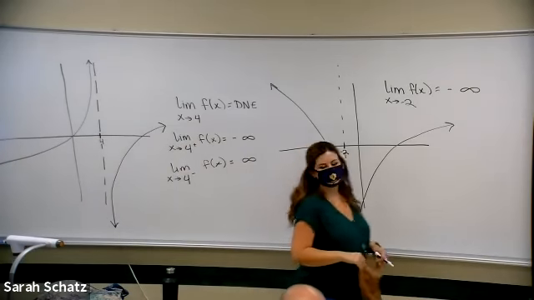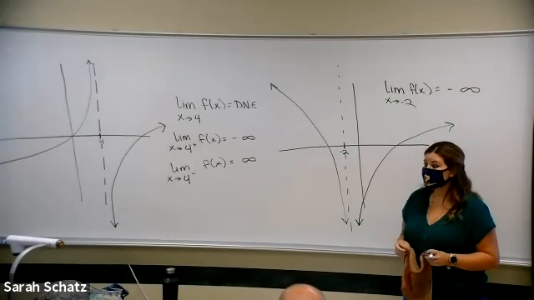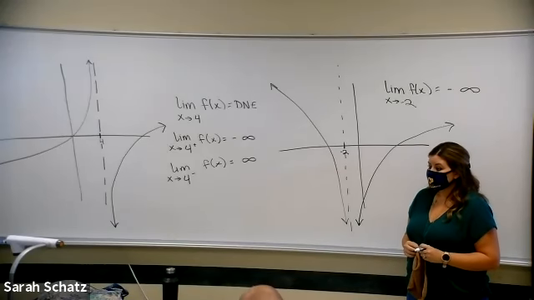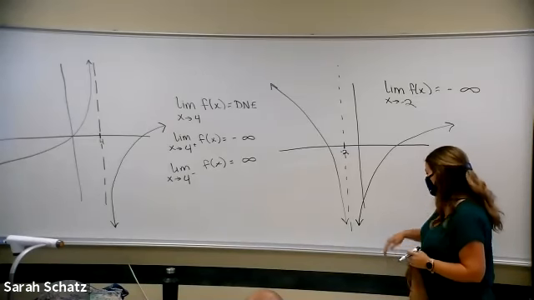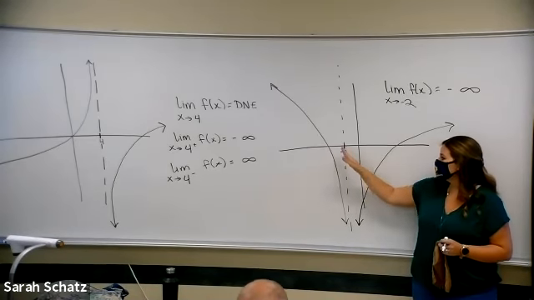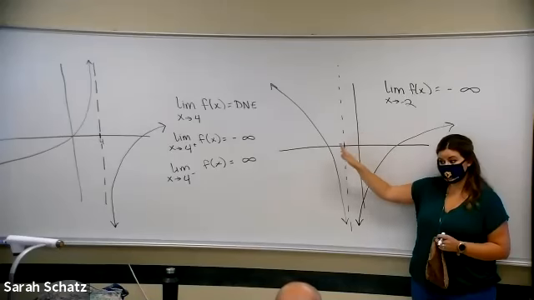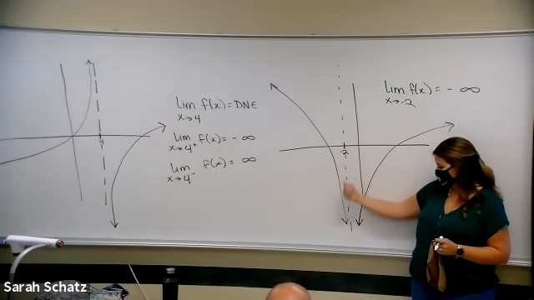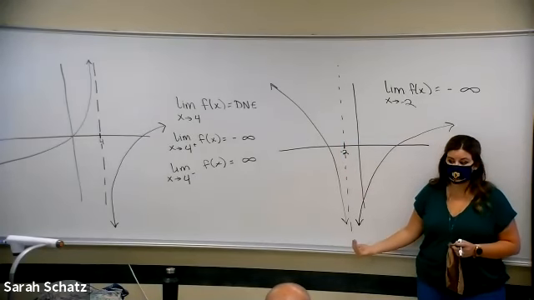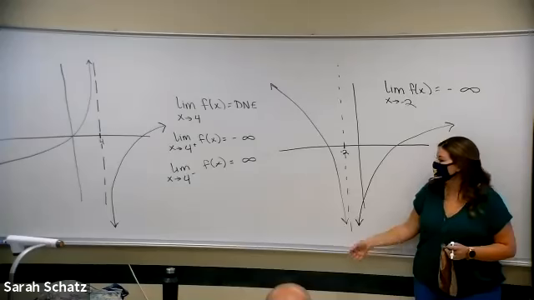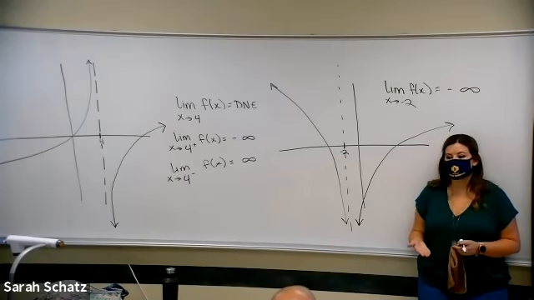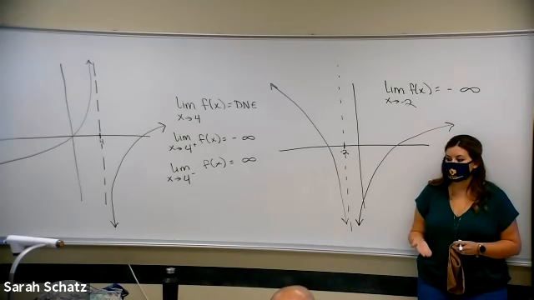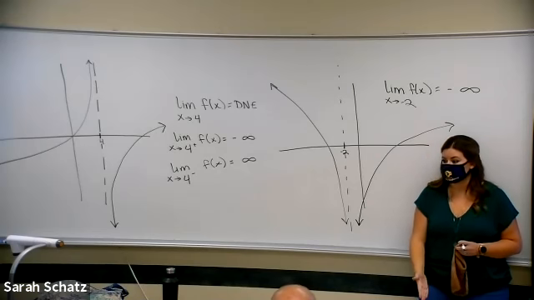So pretty much if there's never a point on there, it's almost always going to be an infinite symbol because we're not approaching a specific place. Right, right. So anytime the x value I picked for you has an asymptote, that's a big hint right there. You're going to have an infinite limit.